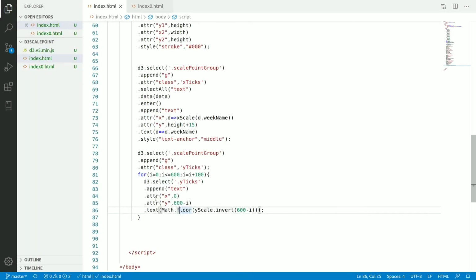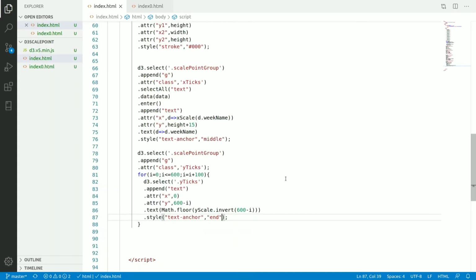Okay, now you can see that I have created the y scale ticks using this one. Now dot style text anchor I want to put as end. Let's see what happens. And for y I will just pass minus 5 so that there is a space between the ticks and the y-axis. So your ticks for the y-axis and x-axis are ready.